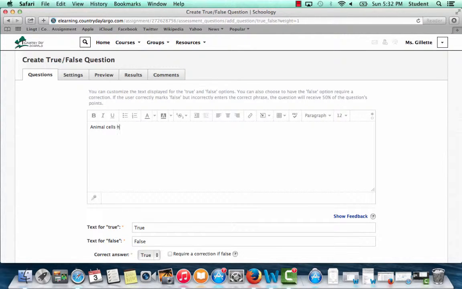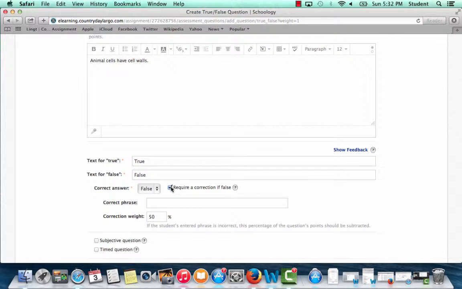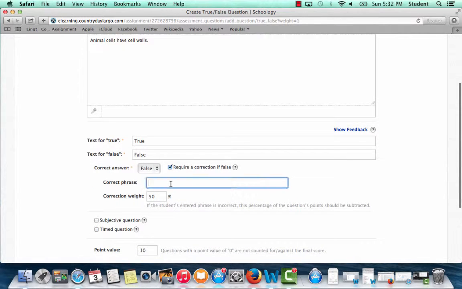Animal cells have cell walls. Now, you can change the text for true or false, or just leave it true or false. For this question, I'm going to leave it. And the correct answer is false. You can also require a correction. So to get the question completely correct, I could require students to correct it and say, plant cells have cell